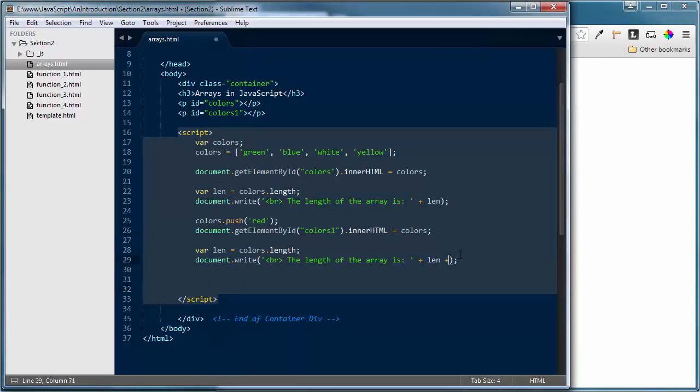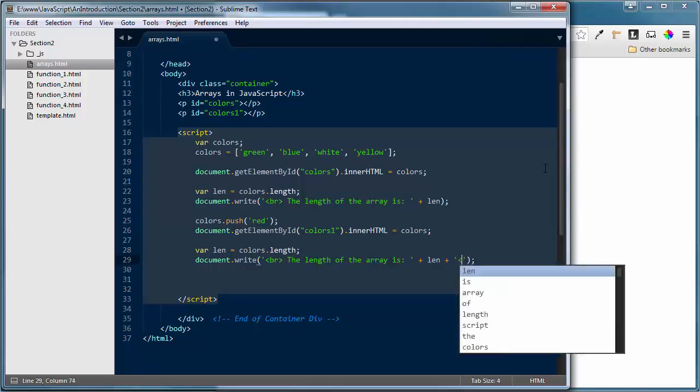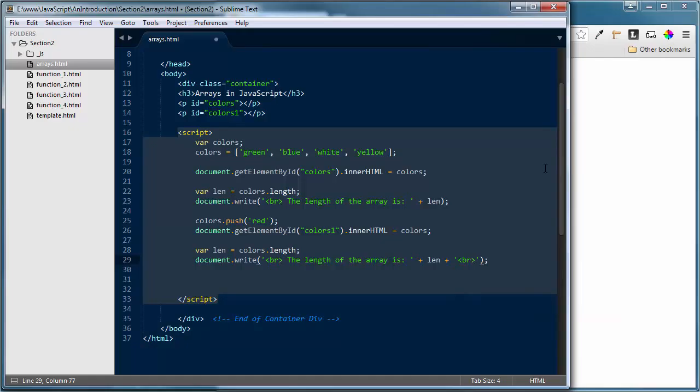So I'm going to use my concatenation symbol, then my quotation marks, and I'm going to add a couple of BR tags just so I can give myself some separation between this and the next area that I'm going to print to our screen. So I'm going to go ahead and save those changes. Now I do understand that we haven't covered loops yet. I don't expect you to understand the code I'm getting ready to put in here, but it is pretty simple, and I want to show you why it's so important to understand all the different things that we have going on inside our programming,